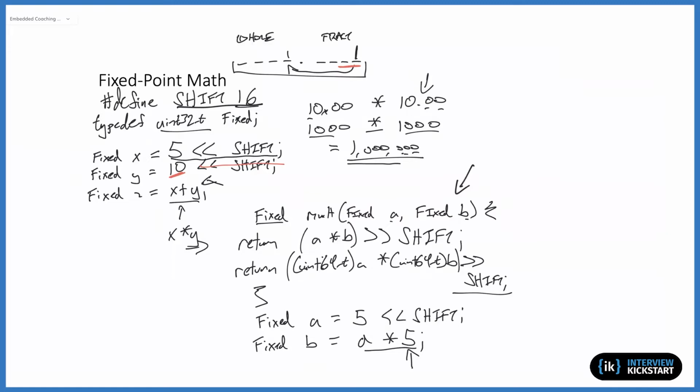Exactly. In the same way that you have to worry about overflow when you're adding two regular integers together, it's possible that the sum of those two integers is larger than the data type that you've allocated to store it. The same thing can happen here in fixed point addition. Your X and your Y could have been large enough such that adding them together overflowed and could potentially truncate the ultimate result. So fixed point has the same concerns on that front as any other regular integer operations. It ends up being slightly, I don't want to say more dangerous,